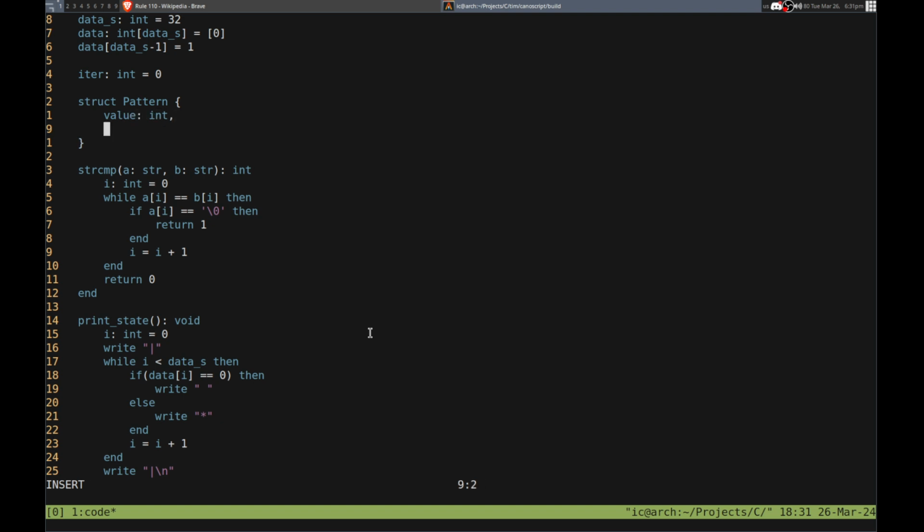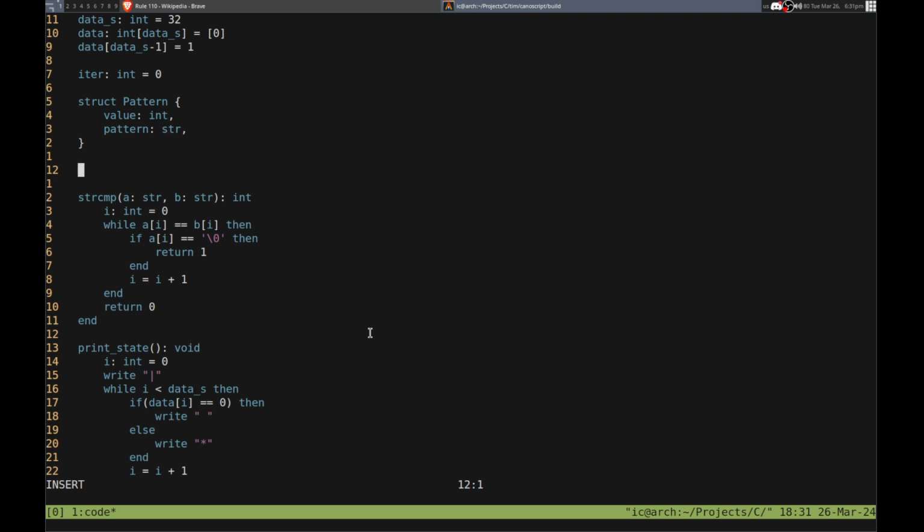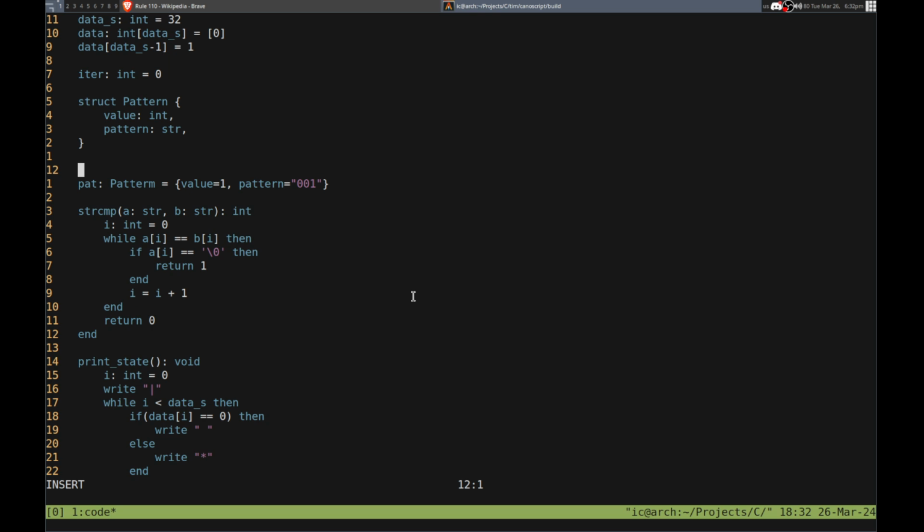And then a string. So this is like the pattern, int, string. Right, and you can do that. But then to initialize it, you have to initialize the struct first. So you have to do pattern equals value equals 1, pattern equals 001, right, like that. So you can do that, and then if you want an array of them, you could do that as well. I'm gonna spell pattern, right? It could be a pattern array, so patterns